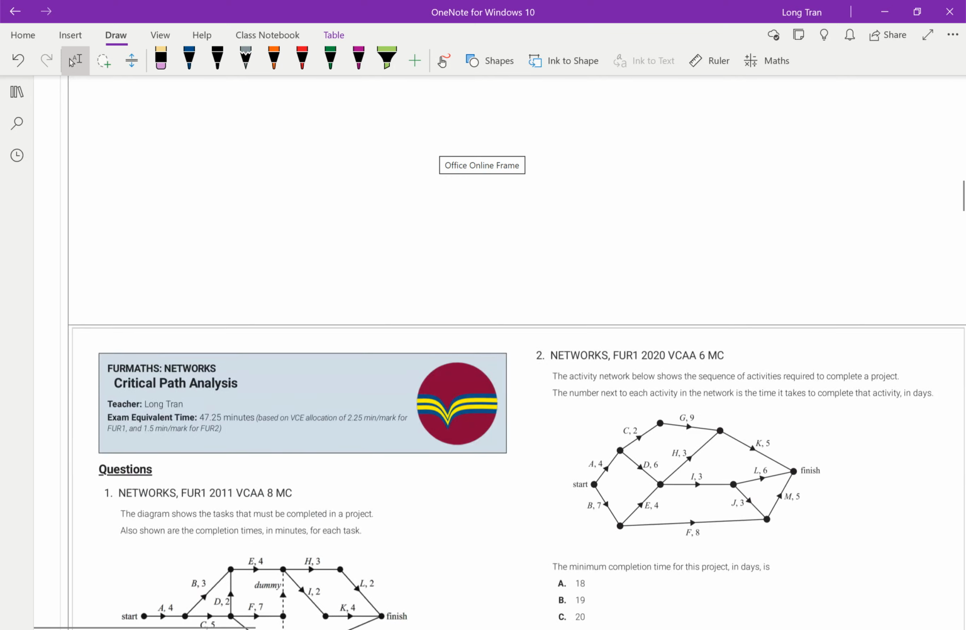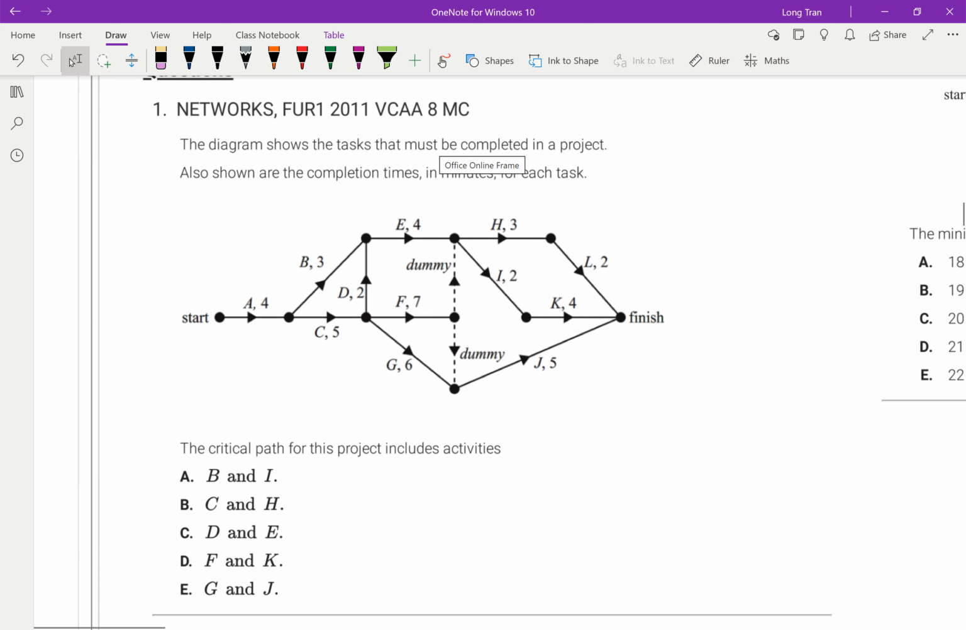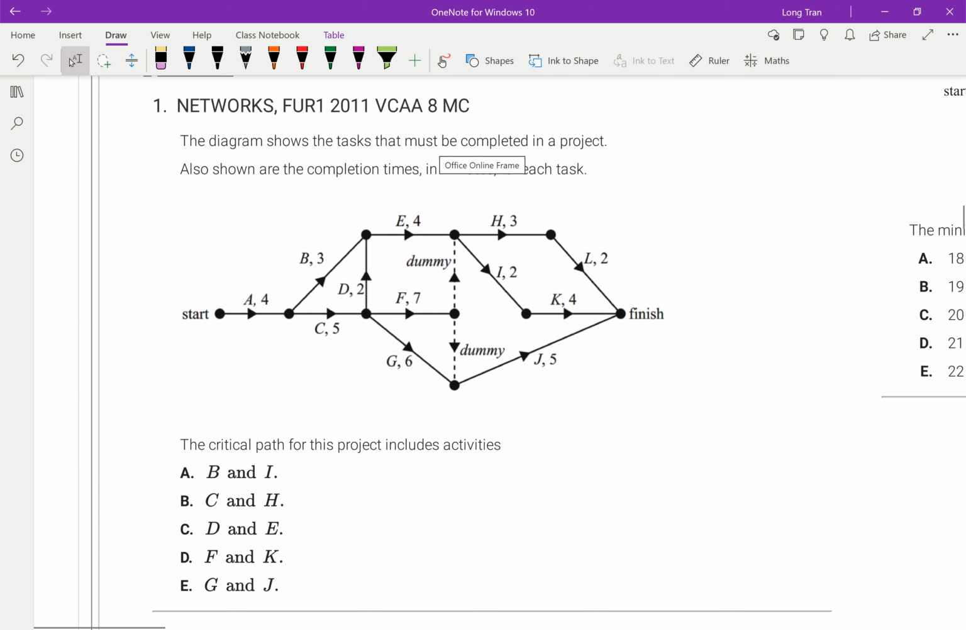But it is a good entry to understand float times in general with the boxes. Here we go. Let's have a look at this question. This is VCA 2011, multiple choice with some dummies in there, okay? Now, they're asking you to find the critical path